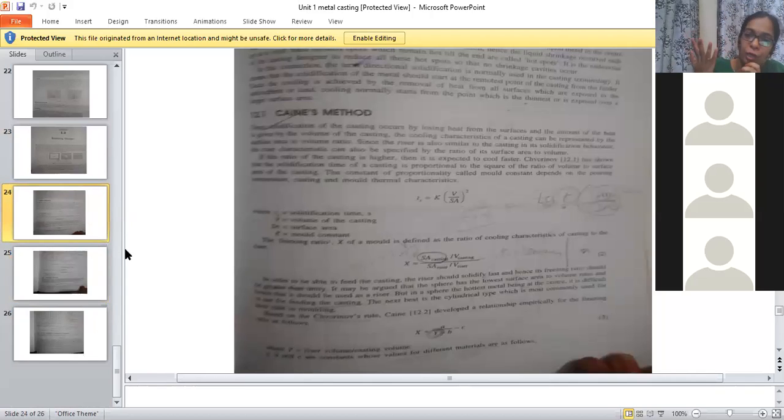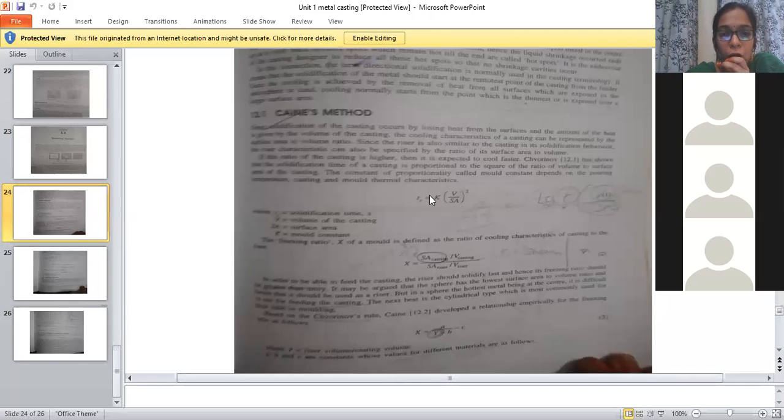Riser can be of different shapes. Riser can be cylindrical, it can be spherical, right? It can be only tapered. Based on the requirement, they will use different shapes like spherical, cylindrical, right? So in order to design the size of the cylindrical, as we all know how to calculate the volume of the cylinder, right? We know the formula for volume. What is the volume of a cylinder? Pi by 4 into d cube, right? So just like that,